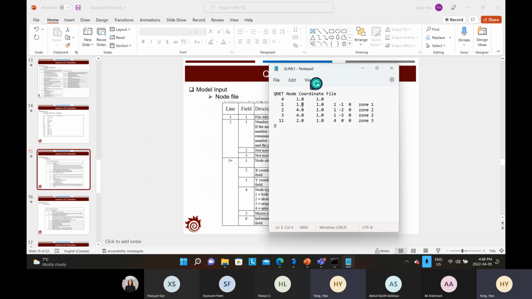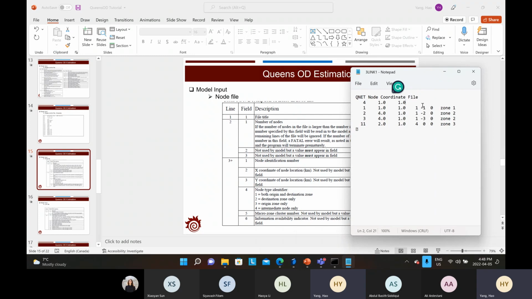The first one is the ID, the second one is the x coordinate, the third one is the y coordinate, the fourth one is the type of the node, whether it's origin or destination, and the fifth one is the zone ID information. So that's the input file. And for this case, if you go to check more details about all this information,